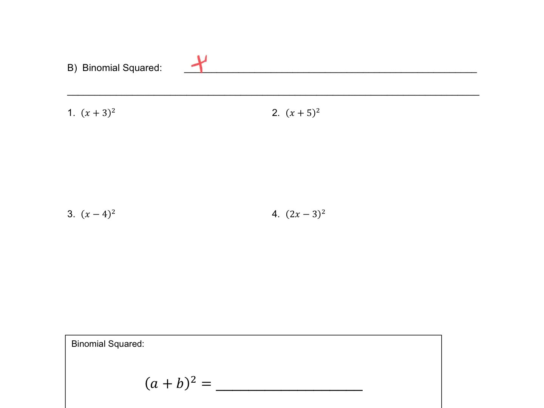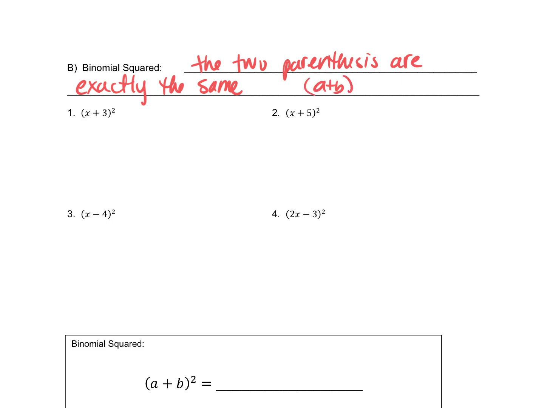Okay, binomial squared. It means that the two parentheses are exactly the same. So you have a plus b squared, which is the same thing as saying a plus b times a plus b, okay? What I want you to do when you see something like 1 through 4,